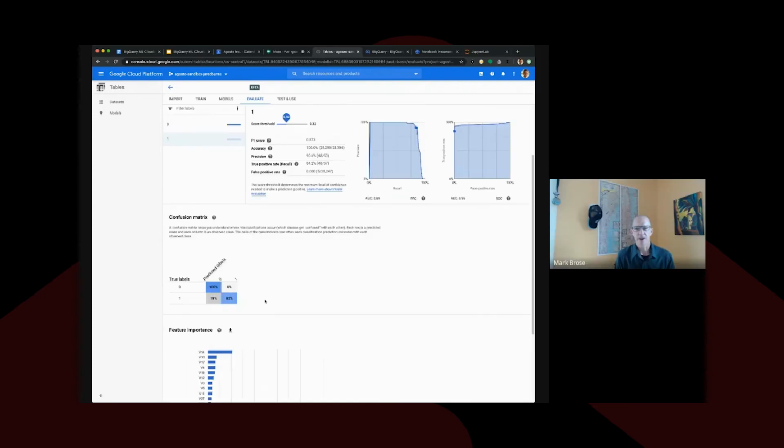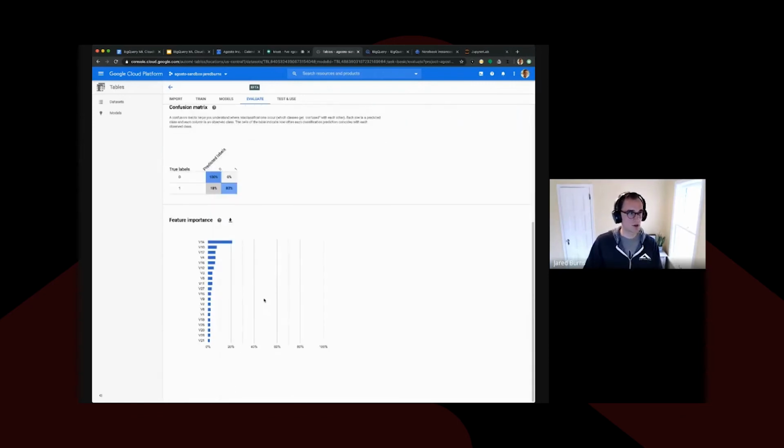Yeah, what next? So now we want to use this in maybe an application or just somebody wants to go use it to query some data. Like how do you then leverage this to take this to production? Yeah, so the next thing I would say is you have your chart here of your feature importance. Maybe you want to go back and retrain your model after removing a lot of these features that aren't as important. Your variable 15 came in as the most important by far. So maybe you want to go back and retrain this model to remove some of those non-important features.